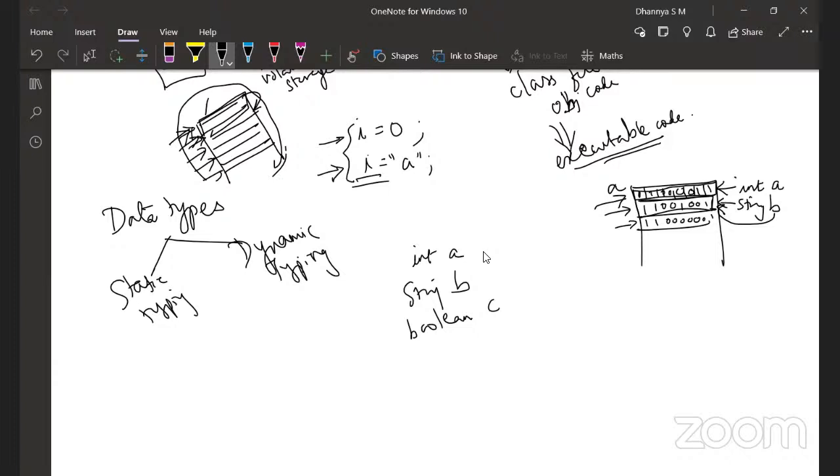Okay, these are the variables, right? So that is an advantage that the programmer has. It's a programmer's advantage for being able to dynamically associate types with a variable. What is the advantage of static typing? For that, you should know what is the disadvantage of dynamic typing, right? Can you tell me what is the disadvantage of dynamic typing?